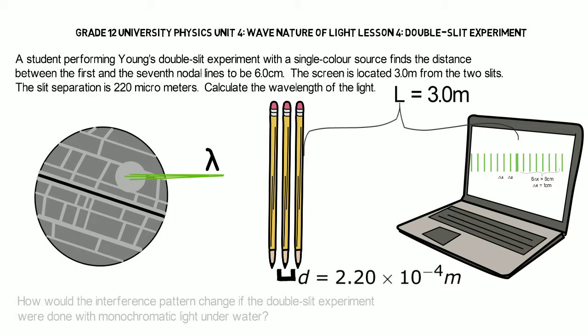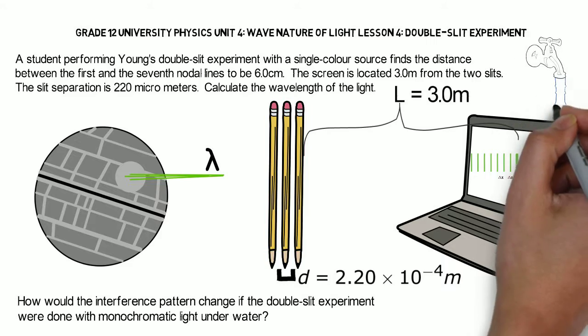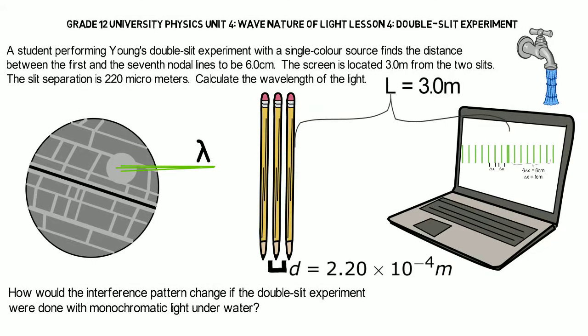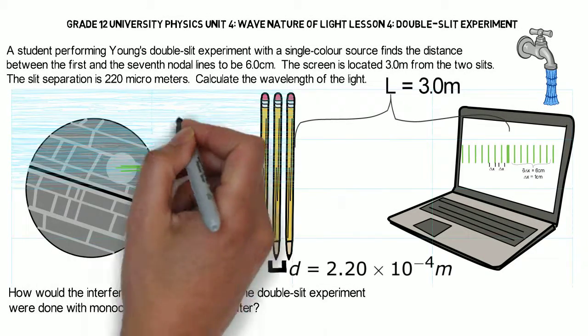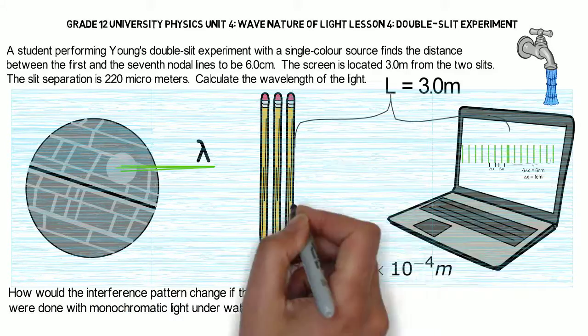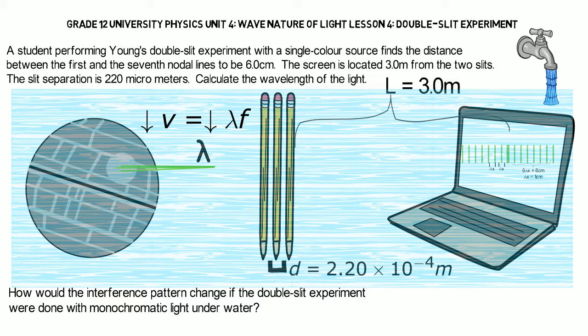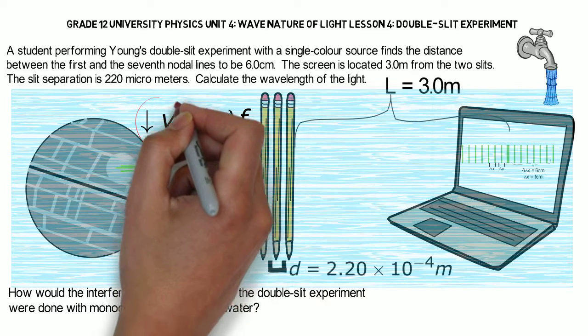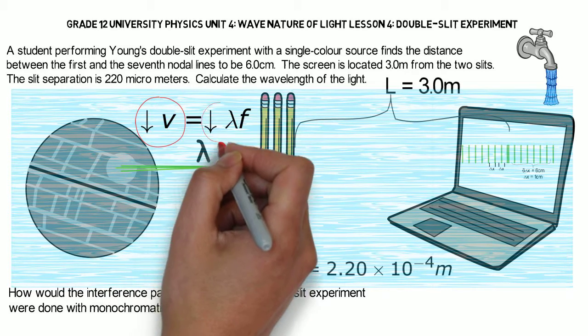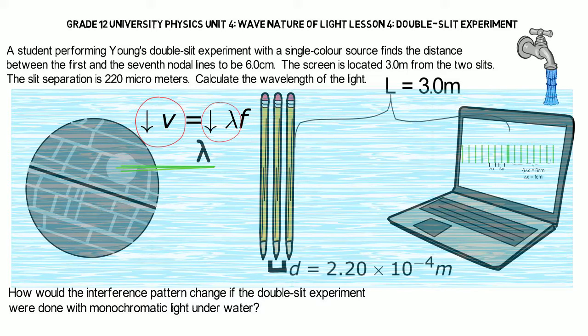Bonus question. How would the interference pattern change if a double-slit experiment was done with monochromatic light underwater? Well, if we look at the universal wave equation, you can see that if the velocity of the light decreases as it travels into water, the wavelength must also decrease, as the frequency does not change by simply refracting into